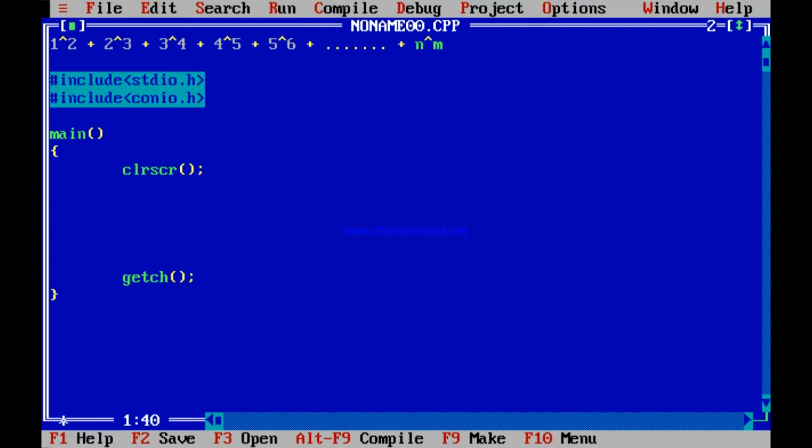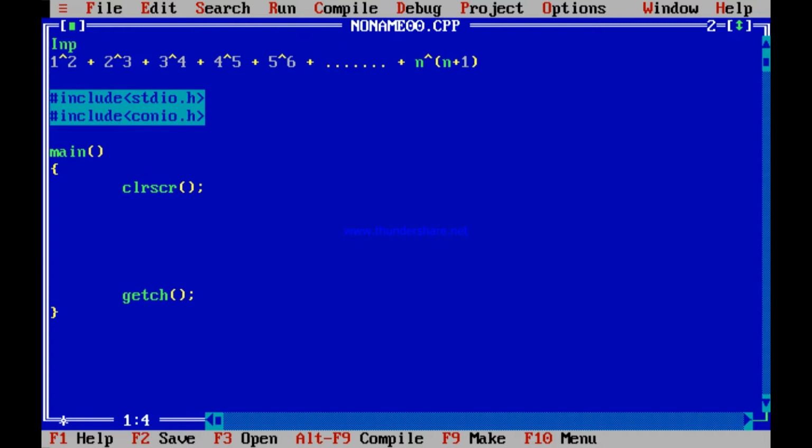So finally the last one, if I decide that n will be inputted, that is the number of terms to be inputted from the user, then this one will be not m but n plus 1. I think you get it, n to the power of n plus 1. Now this is the program to be written. The idea is very simple: n is to be inputted and this is to be outputted. So if you write it specifically, input n, output this.